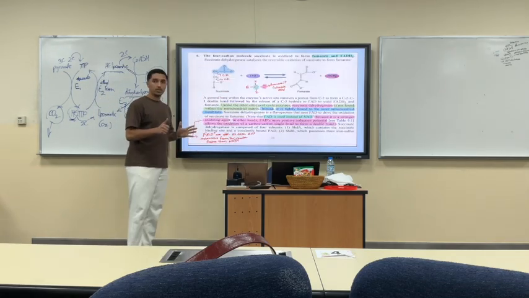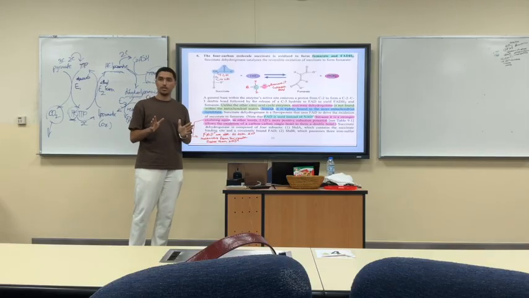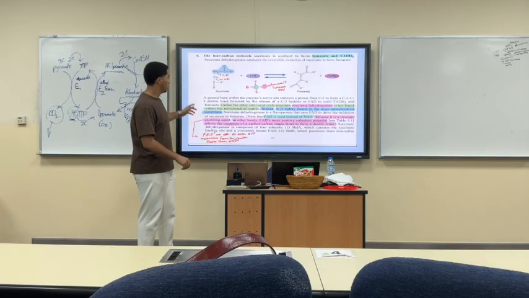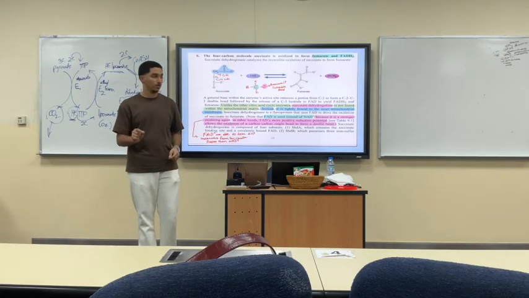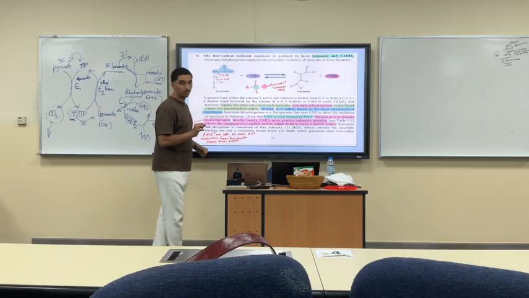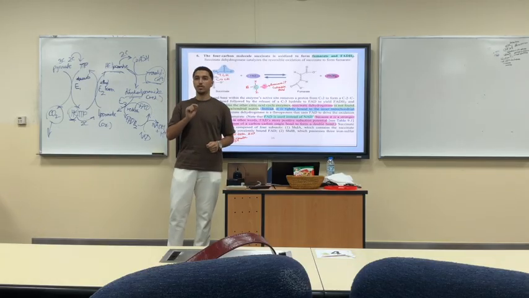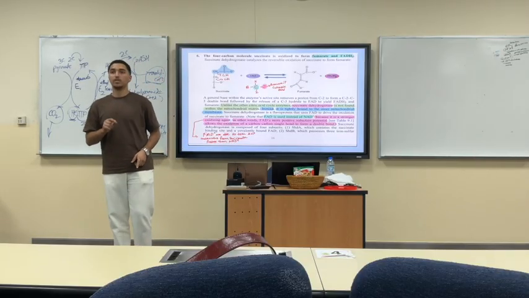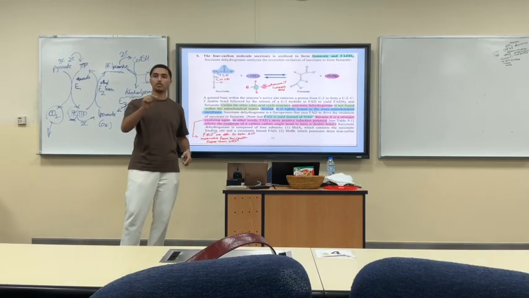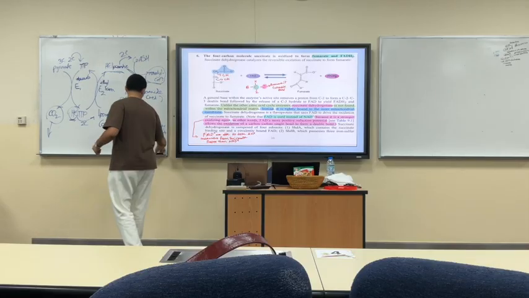So in step number 6, we ended with succinate. Now we're going to convert the succinate into fumarate in an oxidation reaction. This reaction is unique. Why? Because the enzyme that catalyzes this reaction is not found within the mitochondrial matrix. It is found tightly bound to the inner mitochondrial membrane. Because as you know,